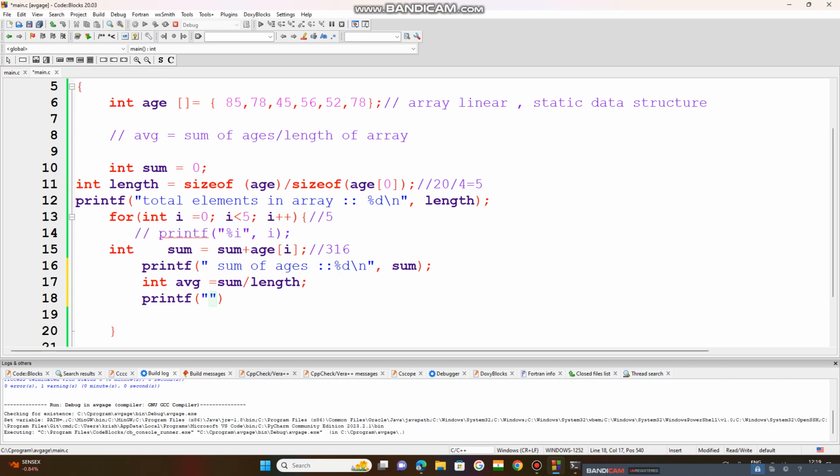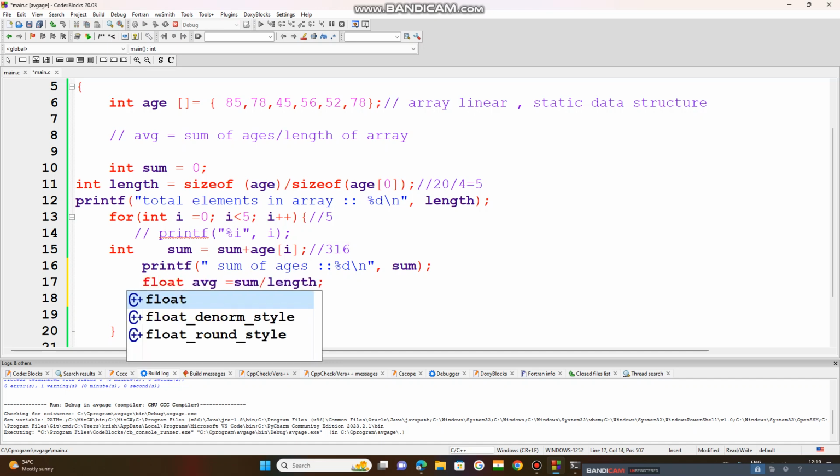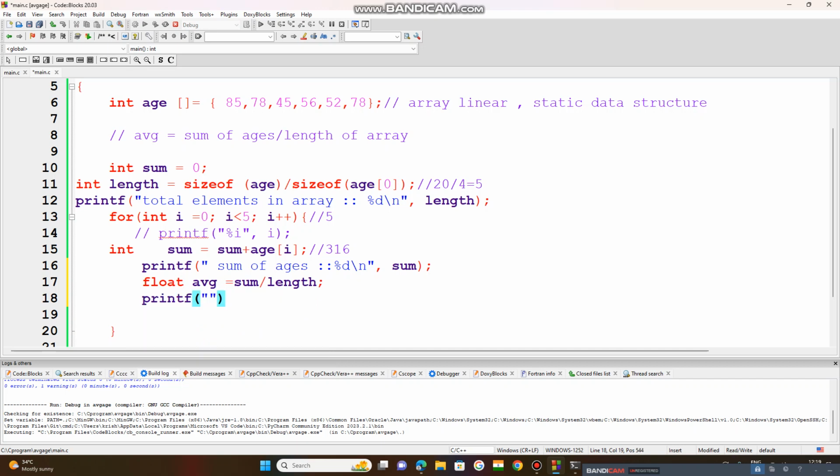If the sum is 316, at that moment always use float. Why do I want to use float here? If any float value is there, it will be stored in this average variable. Okay, printf. Now here you need to use